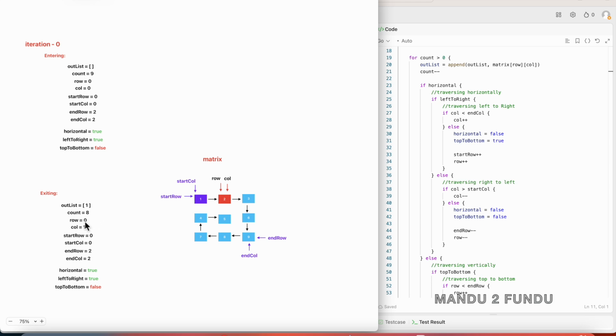Okay, then we increment the column index depending on the conditions, like whether the current traversal is horizontal. In this case this is the horizontal traversal, and then we check whether we are moving left to right. So here it is true, we are moving left to right. Then we check whether the current column index, which is 0, is less than the end column index, which is 2. Okay, so that means this condition is true, we simply increment the column index and move on to the next iteration. So now the row and column index point to the cell 0, 1,